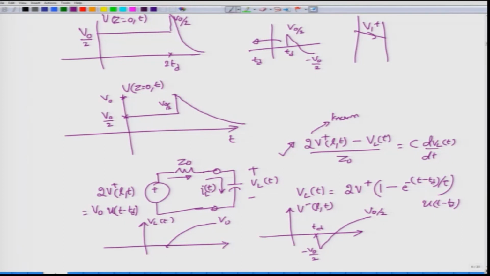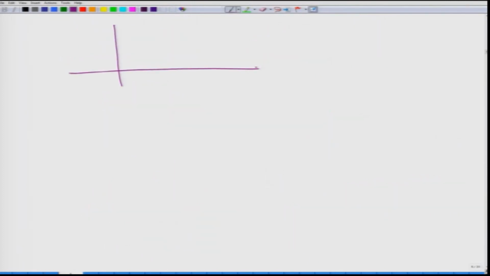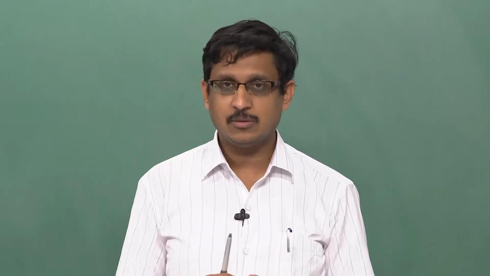Okay, if you now combine the incident and the reflected voltages, you can draw the voltage at the load side, and that load voltage will be initially an amplitude of V0 by 2 as the step is propagating, and when you receive now a voltage of this form, initially negative and then going towards positive, that step would be equal in magnitude but opposite in sign to V0 by 2, such that it will pull down the voltage completely to 0 at this point and then begins to rise to a final or an asymptotic value of V0. So this is how you can actually distinguish, if you were monitoring the voltages at the input terminals of the transmission line, between an inductor and a capacitor.